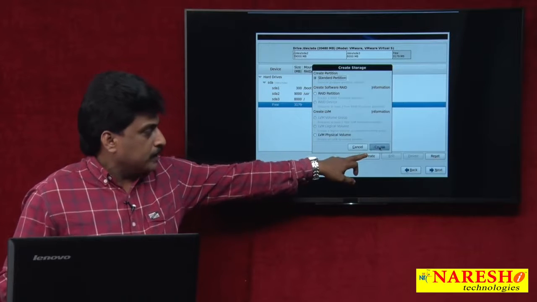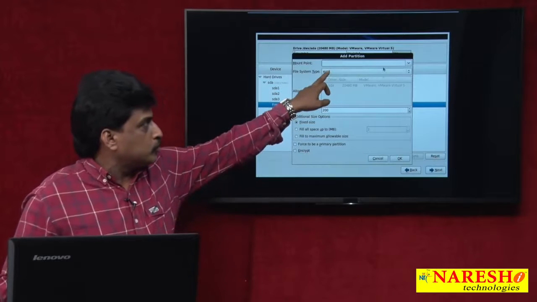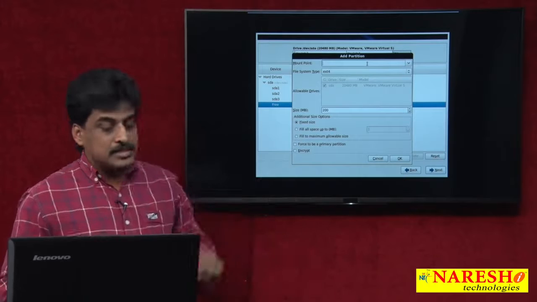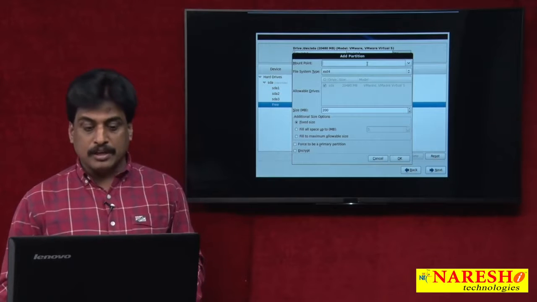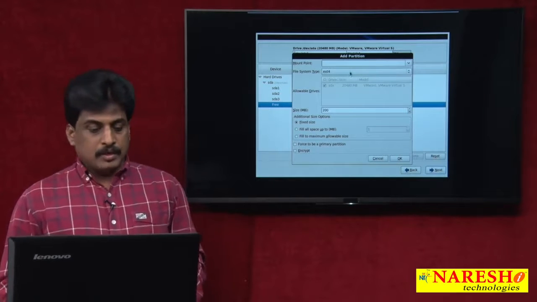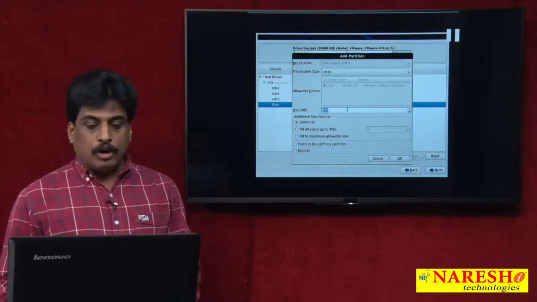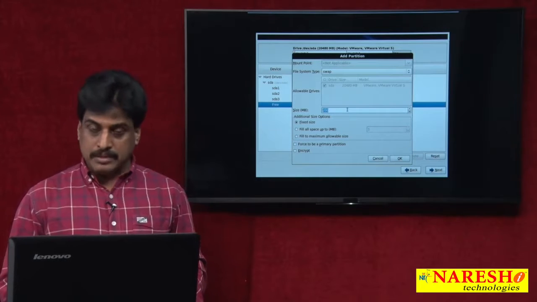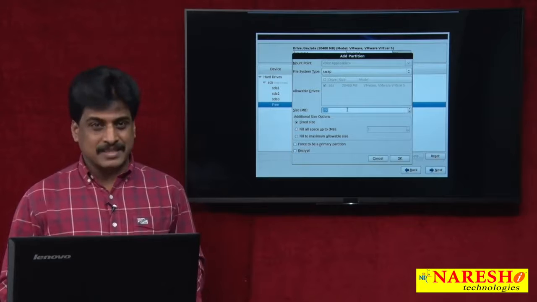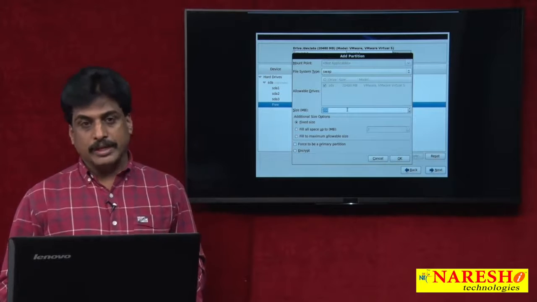Click on create, and once you have clicked on create, come to file system type and select swap. Once you have selected swap, you need to enter double your RAM size. If you are using 256 MB, enter 512.